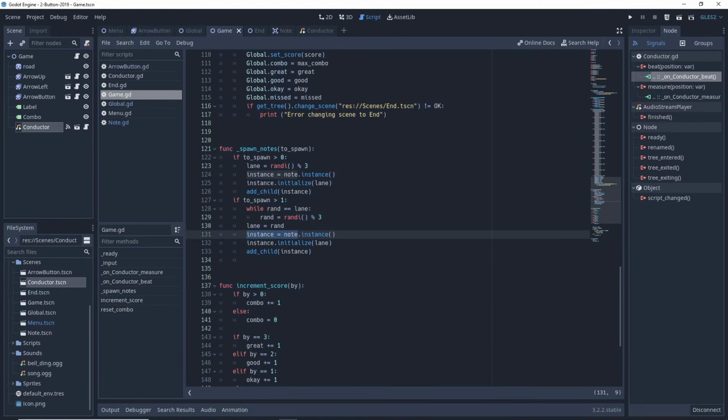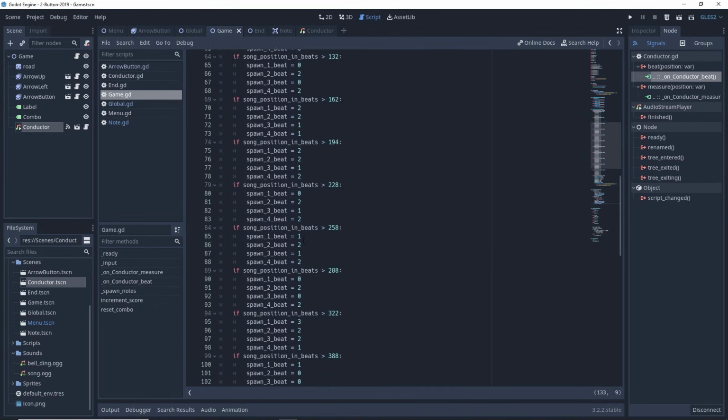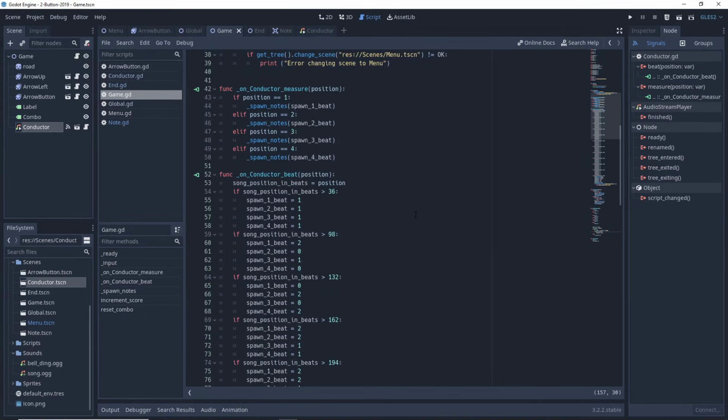And then if it's not the same lane, we set lane to random, instance the note, initialize it with the lane, and add child. Pretty simple. There are a couple minor things we didn't cover here, like scoring and the end screen,